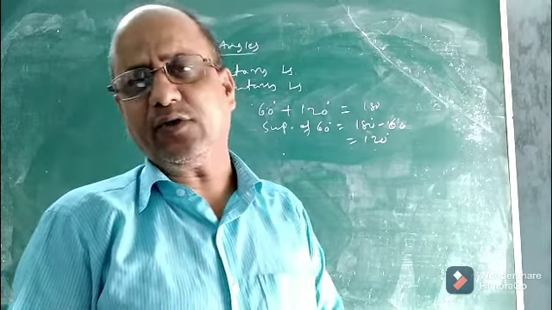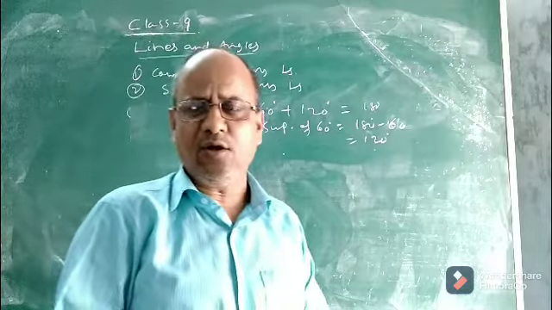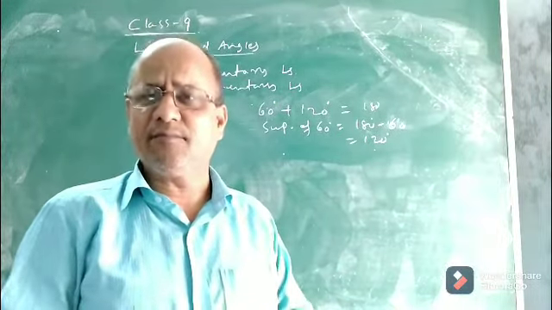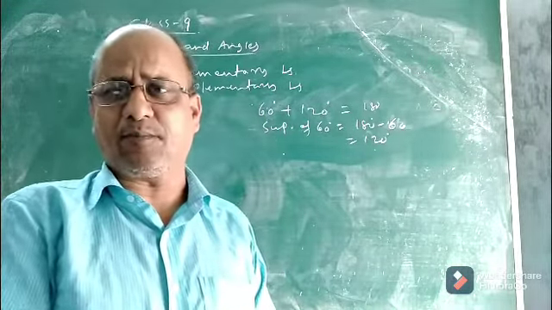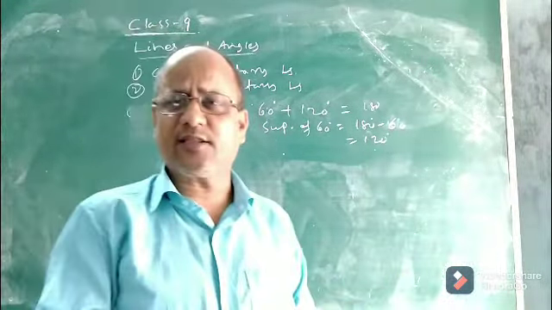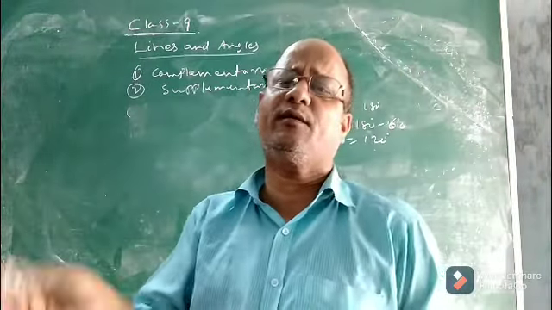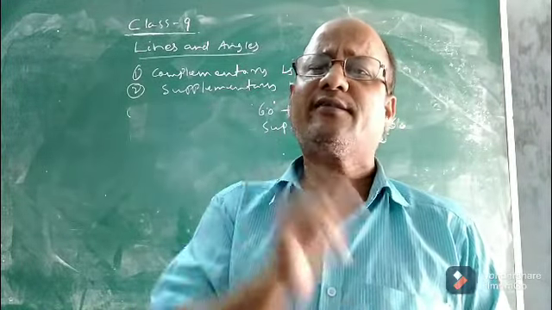Now how did we get the supplement? To find the supplement of any angle, what we have to do? We have to subtract the angle from 180. What is the reason? Because only if the sum of two angles is 180 degree are they supplementary. So this is the concept of complementary and supplementary angles and how to find the complement and supplement of an angle. Now we will discuss adjacent angles.